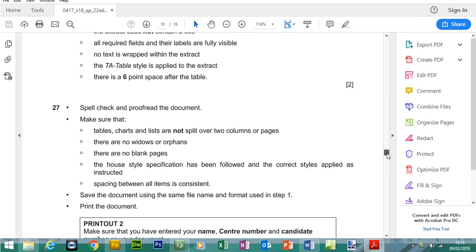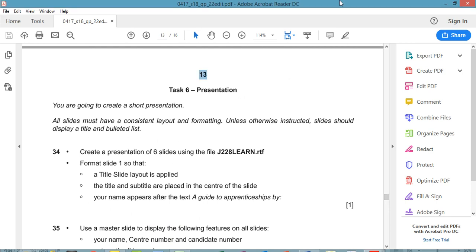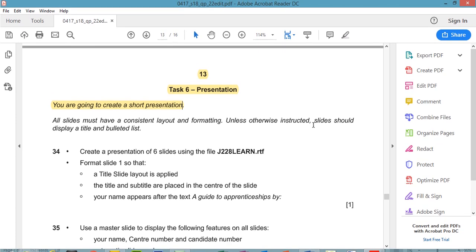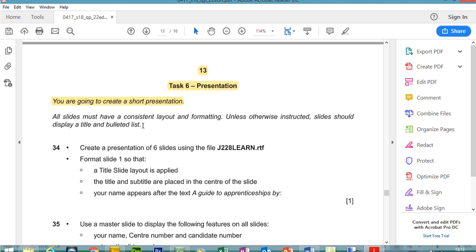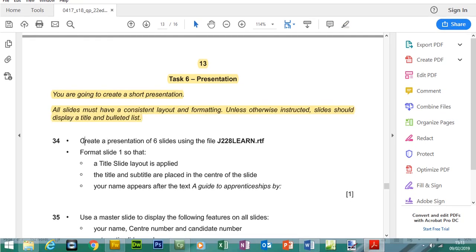So if I scroll down, I think to page 13. Okay, so task 6, presentation. You are going to create a short presentation. All slides must have a consistent layout and formatting unless otherwise instructed. Slides should display a title and a bulleted list. So create a presentation of 6 slides using a file